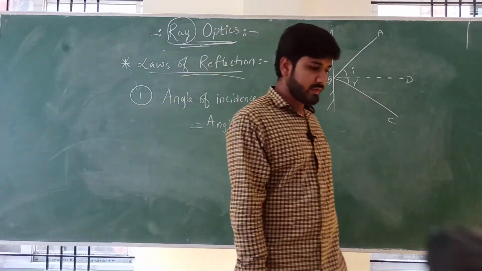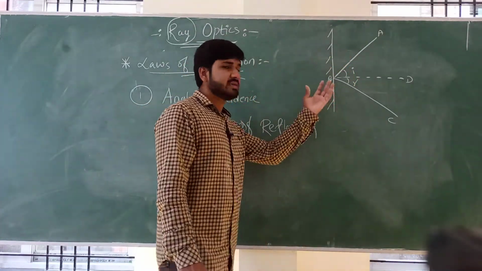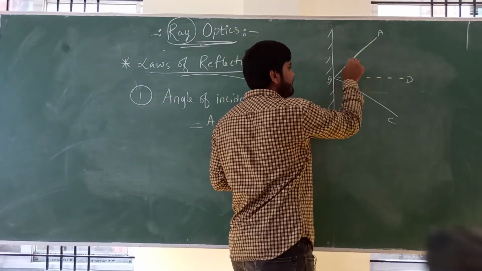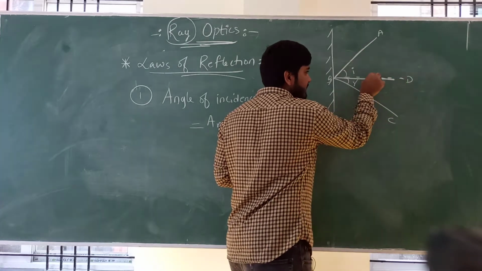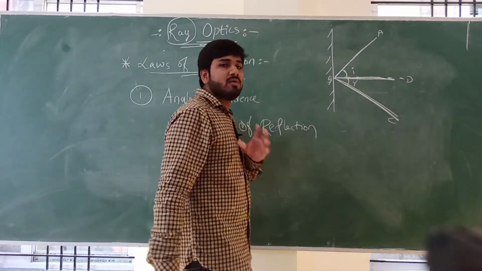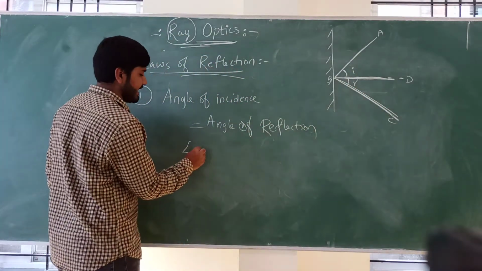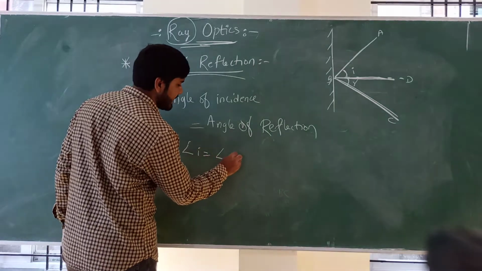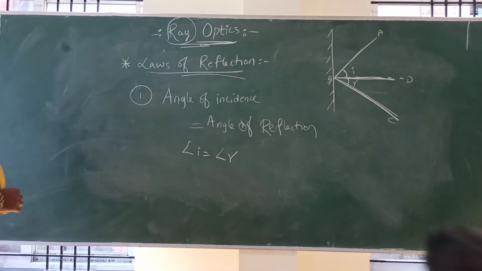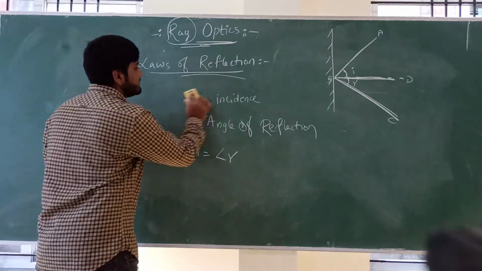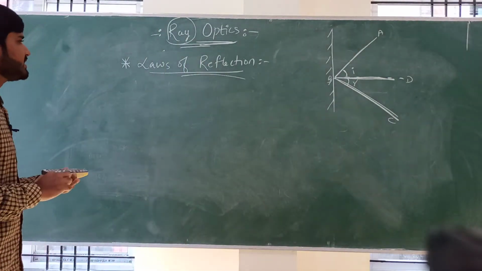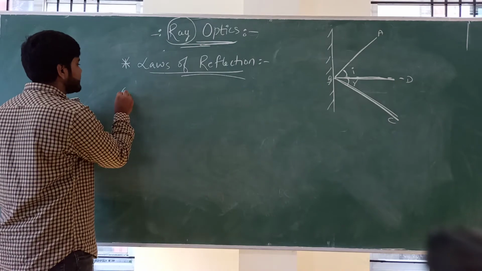It means whenever there is a reflection, that time angle of incidence is always equal to angle of reflection. The angle is always the same. Means angle I is equal to angle R. So this is one of the laws of reflection. And one more law is there. Just see that angle of incidence is always equal to angle of reflection. And again one more law, that is